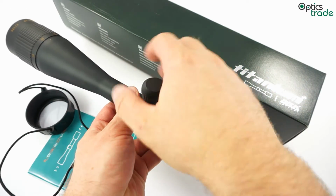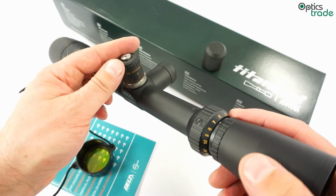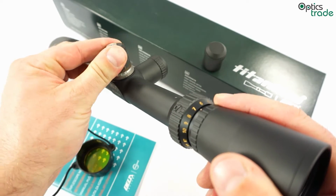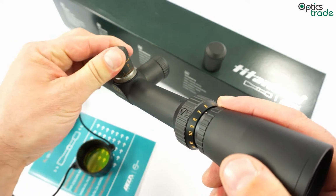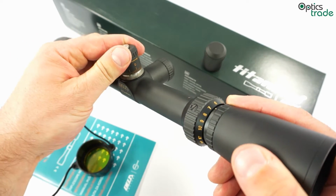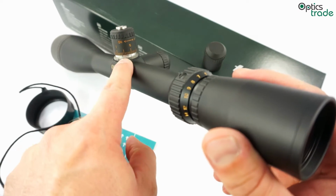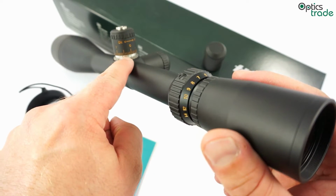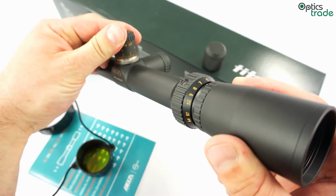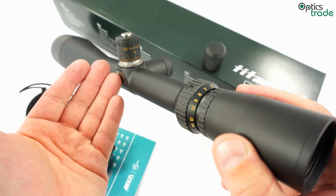Then if you look at the turrets, they are target, multi-turn turrets, and really nice to feel. They're almost tactical by feel. One of my favorites in all Delta Optical scopes. They have markings for the turn indication, in which turn you are in. And what is really funny, the clicks are in mils. So this is actually a mil